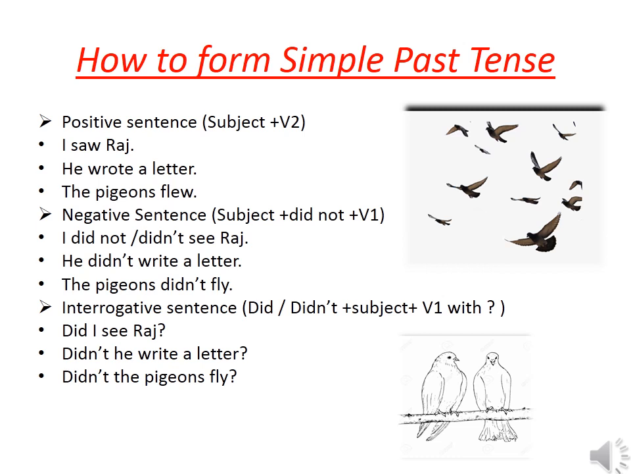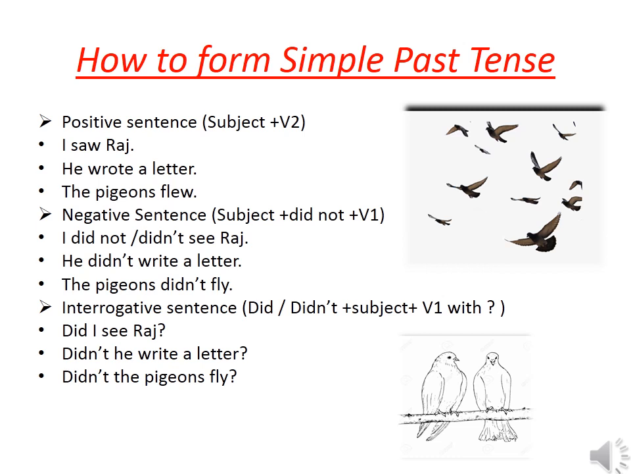and for interrogative sentence. Subject plus V2 form of the verb is the pattern for positive sentence. Let's have a look at these examples. I saw Raj. He wrote a letter. The pigeons flew. So here the V2 form of the verb see is saw, for write is wrote and for